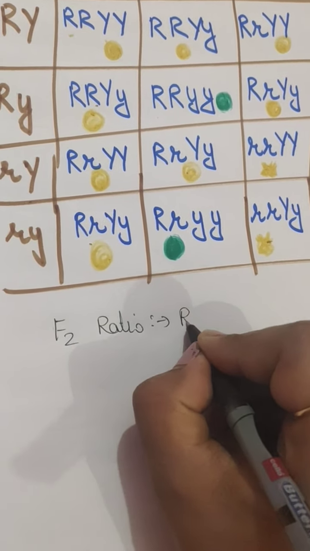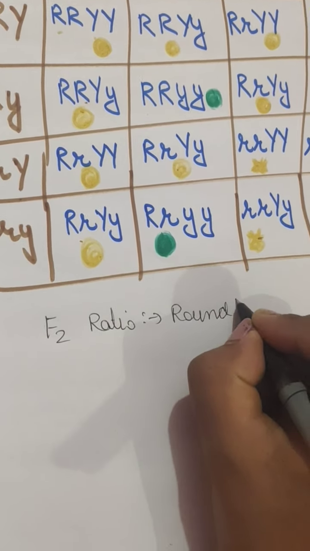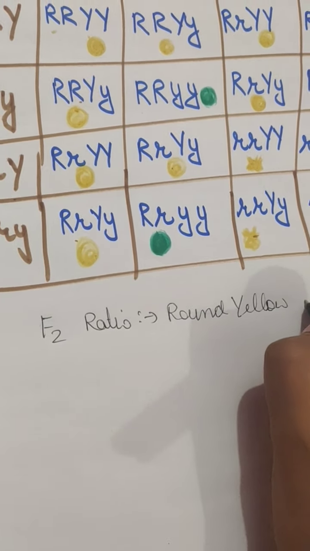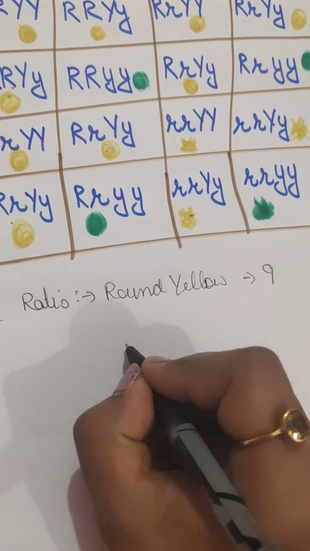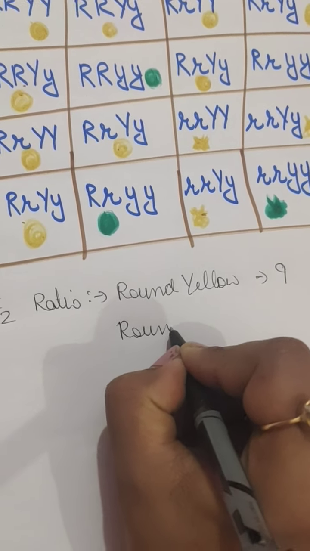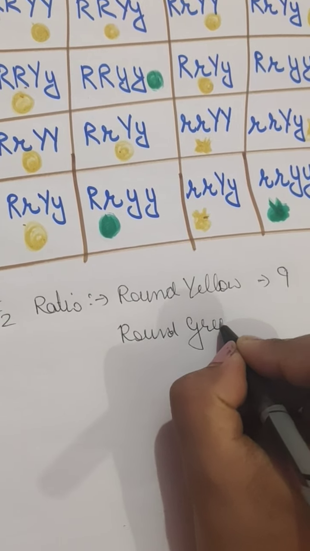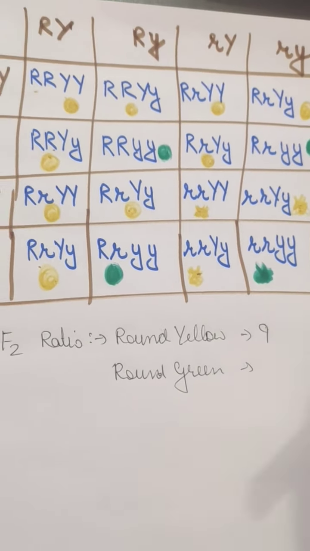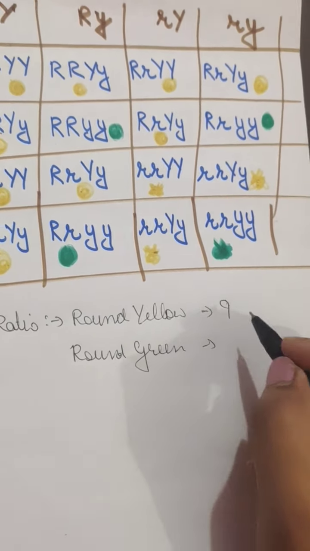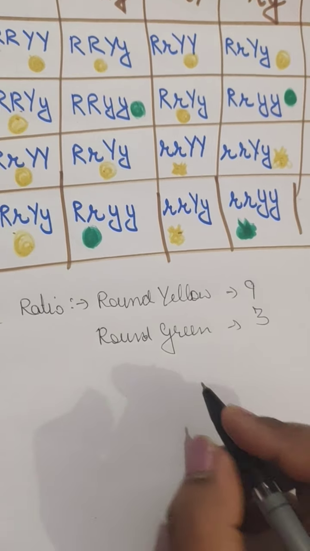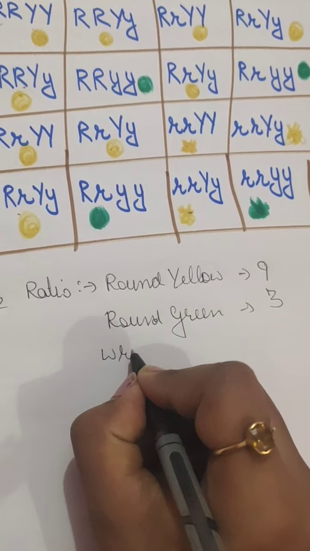Round yellow, how many? 9. Next is round green. Let's count. Round green, 1 2 3. Okay, so 3. Next is wrinkled